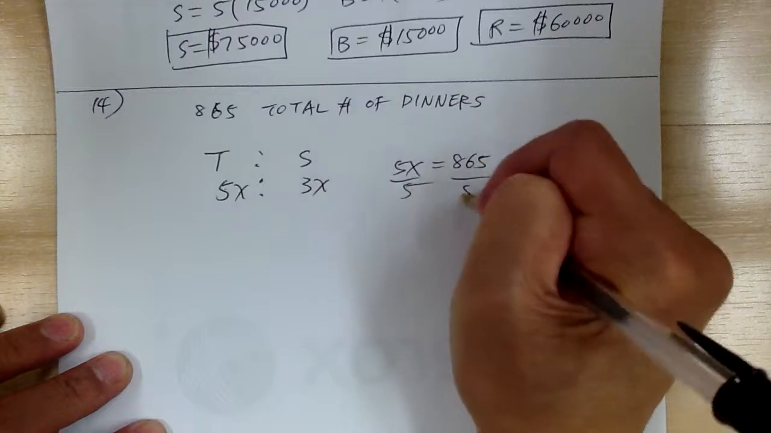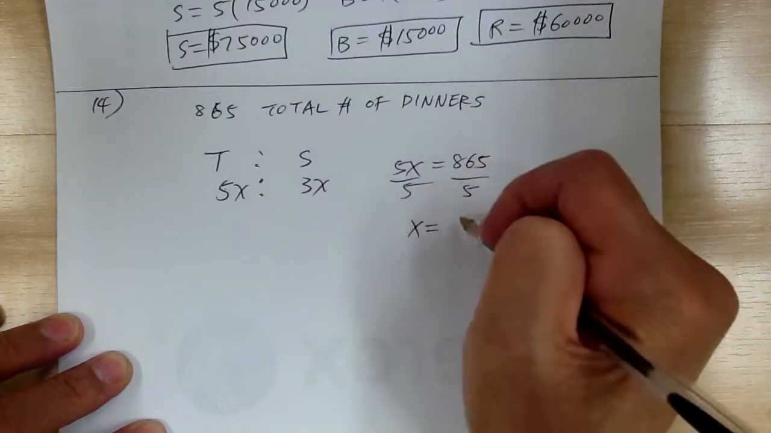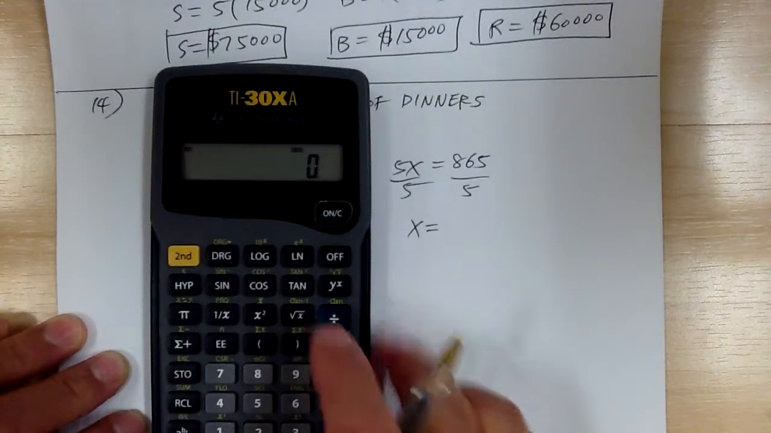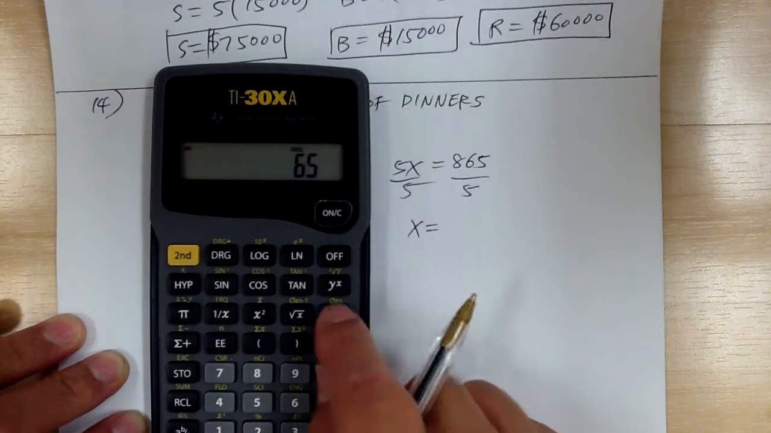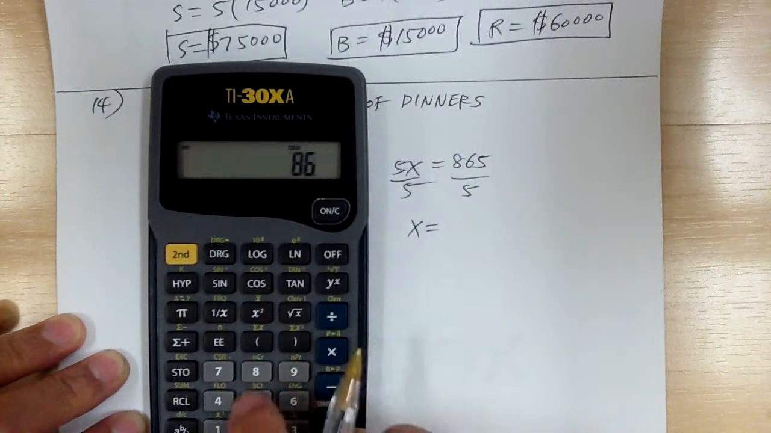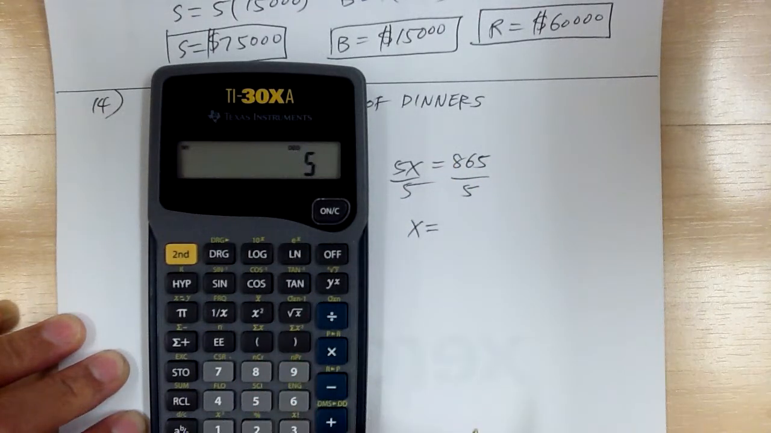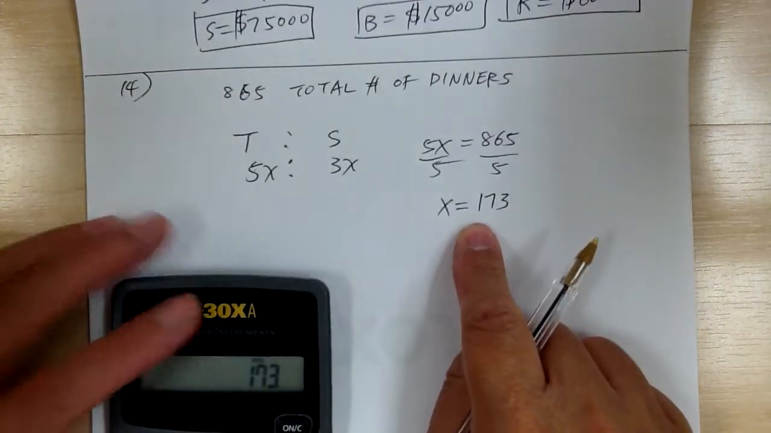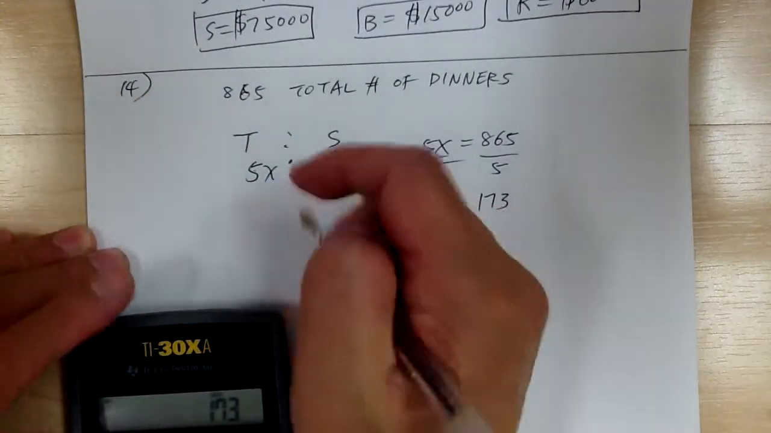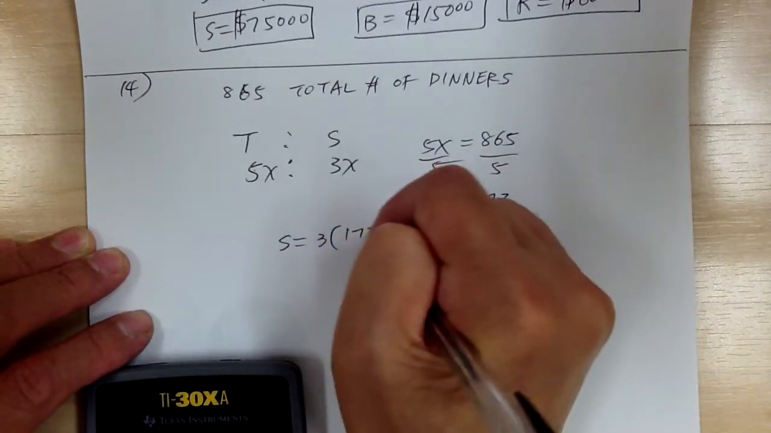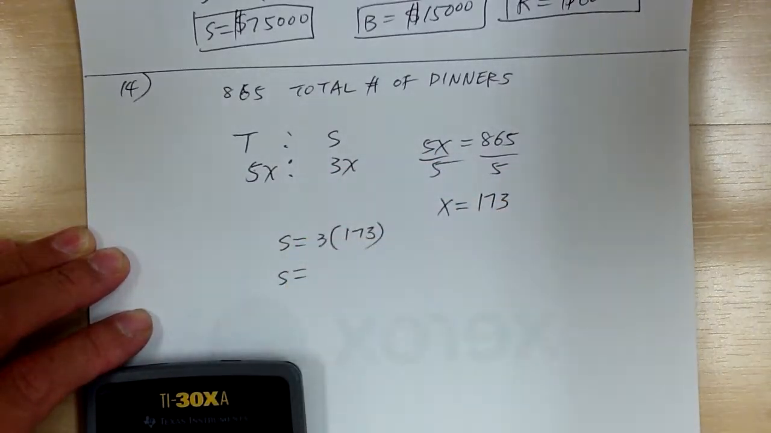So divide by 5, so x equals, I get the calculator. Okay, so 865 divided by 5 equals 173. So that's the multiplier. And you're looking for the seafood. So seafood equals 3 times the x, so 3 times 173. So s equals